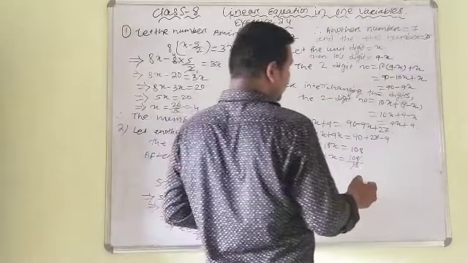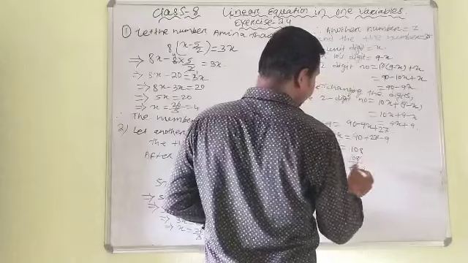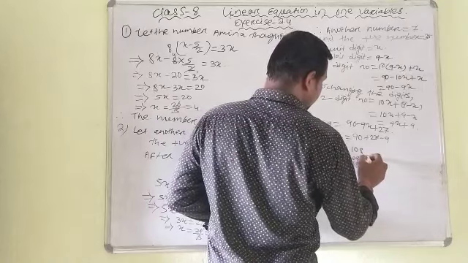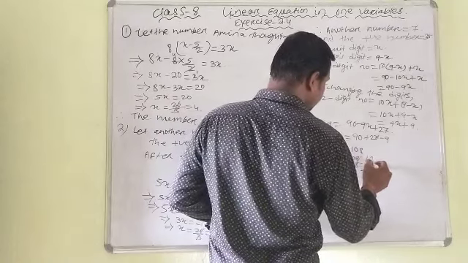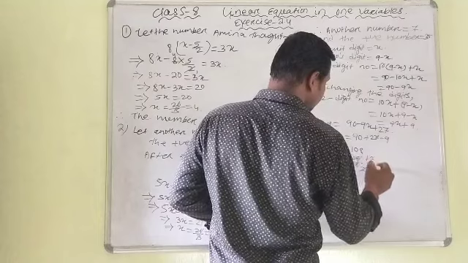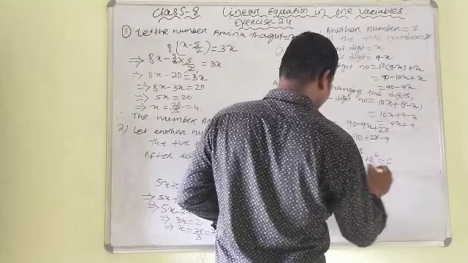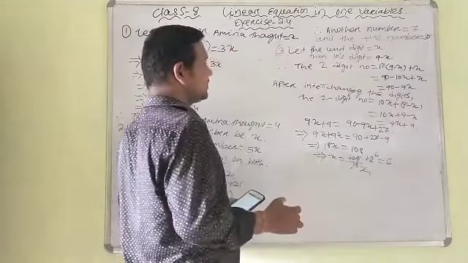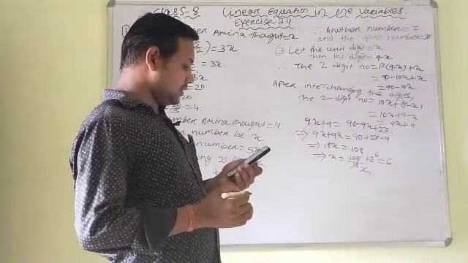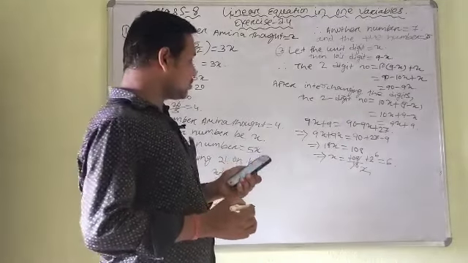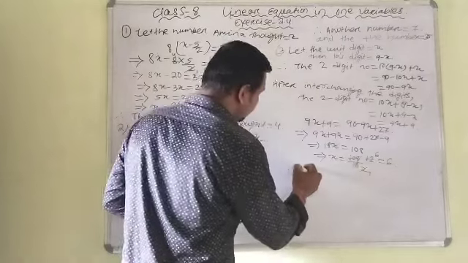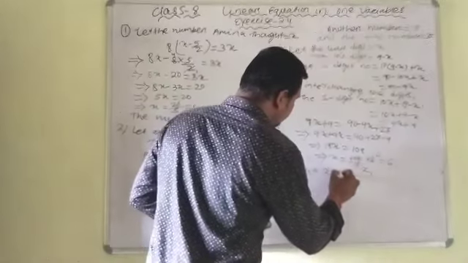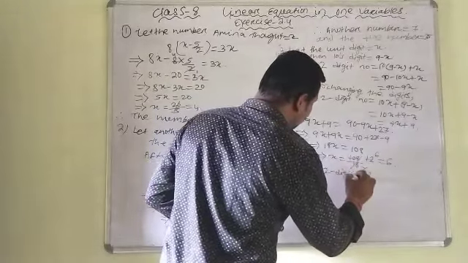So let us simplify it. 9 2s are 18... 2 threes are 6. So we will write x equal to 6. Therefore it's given here to find out the two-digit number. Therefore the two-digit number equal to